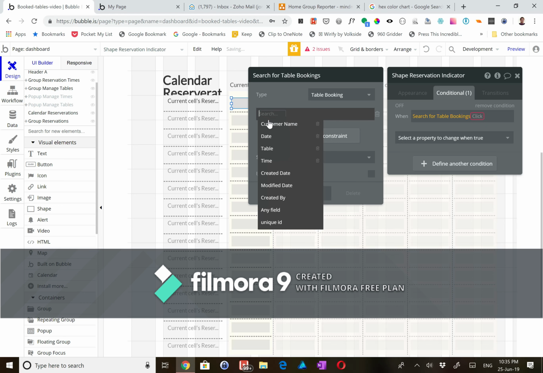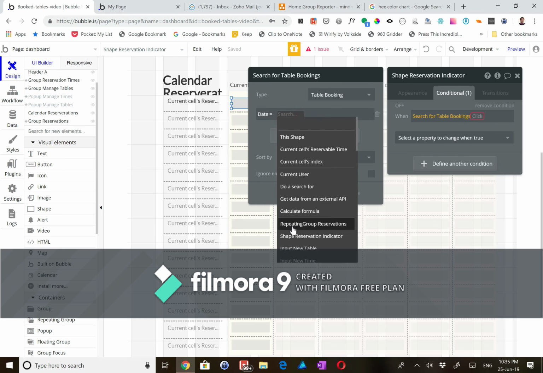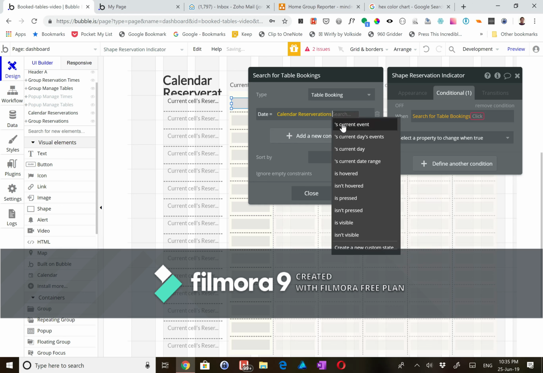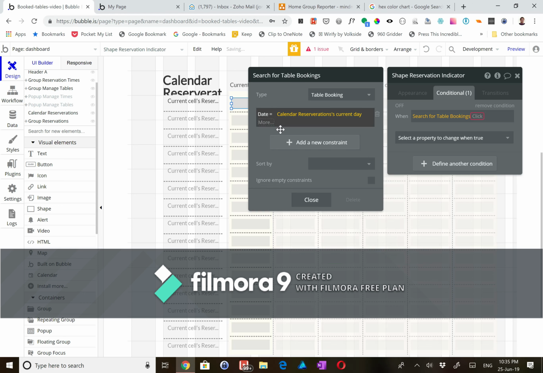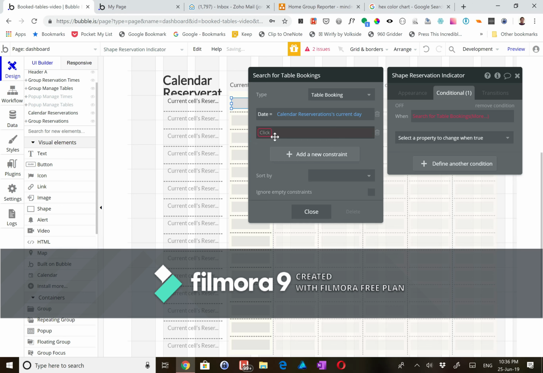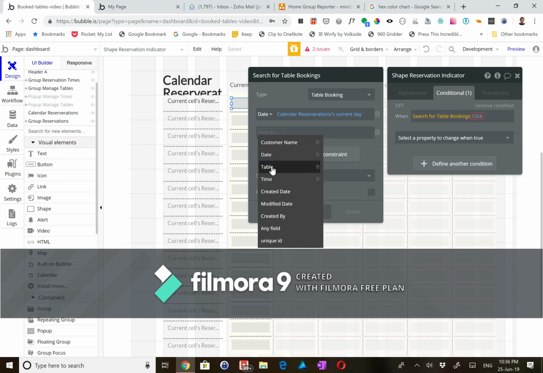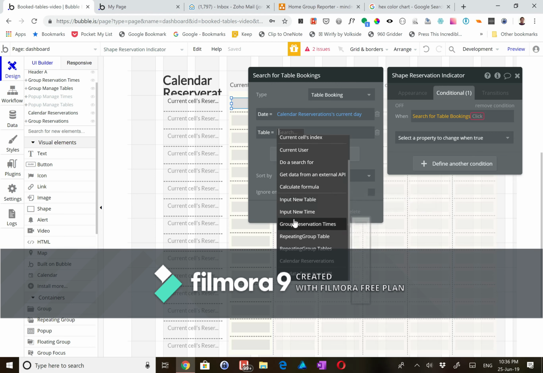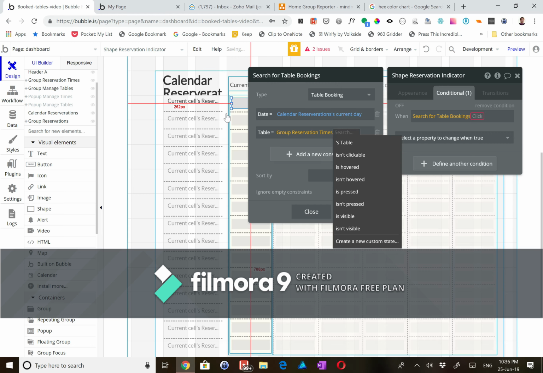And I'm going to set a first constraint, and I'm going to say if the date, which is text right now, equals calendar reservations, current day. So we've got one data point. If table equals group reservation times, so that's this parent group,